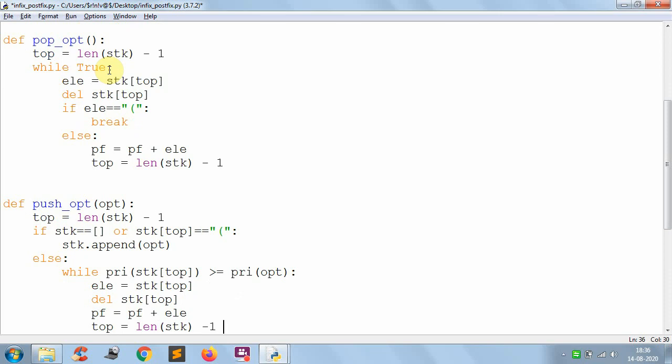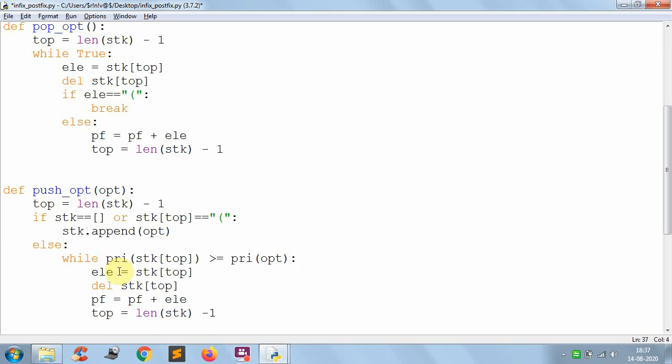After that, again go back and check the next. After removing one element, the second element will become the top element. Again you have to check whether its priority is greater than or equal to the input operator priority or not. So like this you have to continuously check until this condition becomes false.